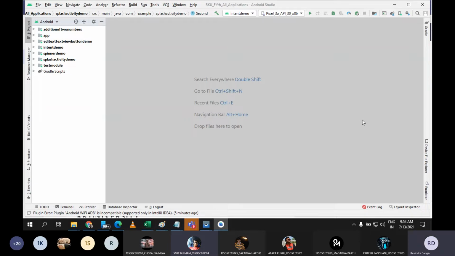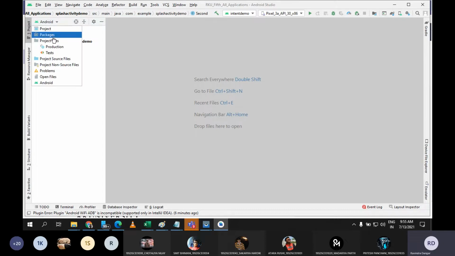Yeah, so we can say that AutoCompleteTextView is a kind of edit text which displays a list of entries, or you can say suggestions, inside a drop-down menu, and you will be able to select a particular string value or word from those suggestions. Fine. So you don't need to write all the characters. This is very simple. There are only two or three methods that you need to remember. So let us discuss how to place and use that control.